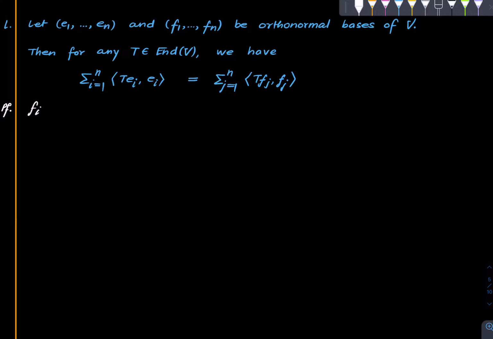So we have Fi is equal to, right? This is what we recalled in the beginning. Any vector v splits that way. So we get the ith term on the right hand side basically. This is equal to